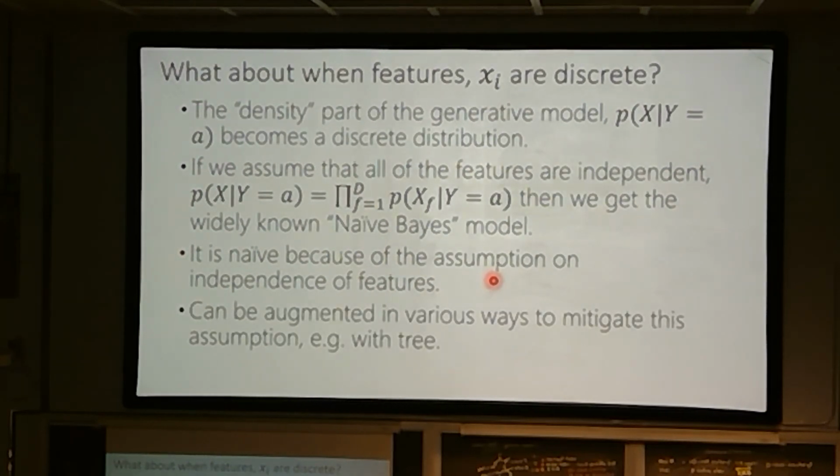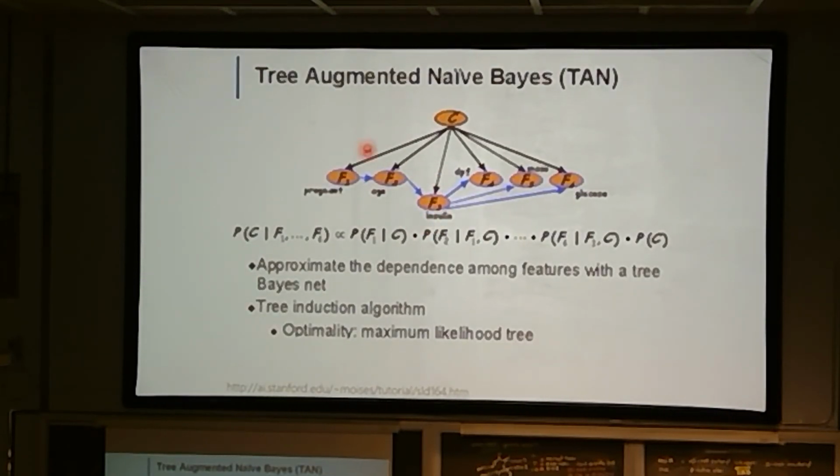And you can also augment these in various ways to mitigate this assumption of independence. I'm not going to go into the details, but instead of that model of independence you could choose something called tree-augmented naive Bayes, which is a model that does work really, really well. So it's a fairly simple fix. You now model the dependency among the x's not as fully dependent, nor as fully independent, but as some factorization that looks like a tree. And so you can approximate pretty complex distributions between the features. And then there's a particular algorithm that goes like this, but we won't go into it.